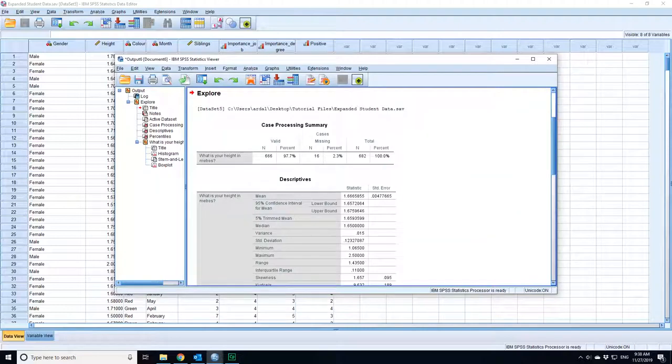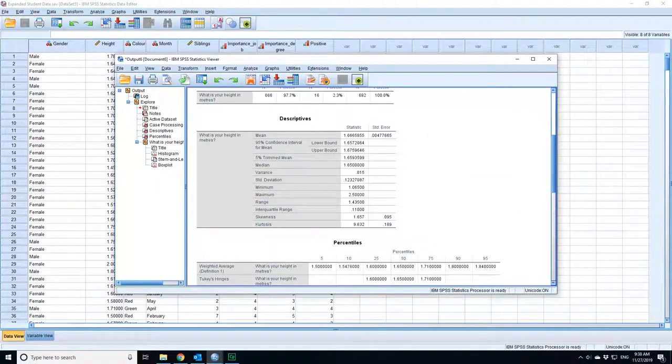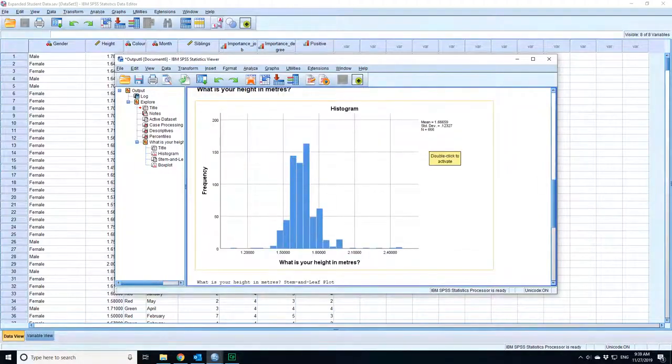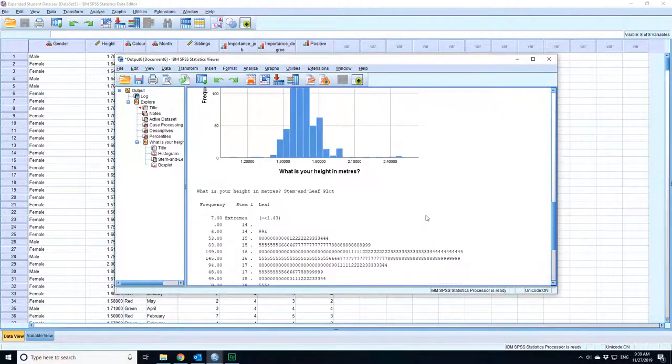So the key thing about this is you get a complete summary of your data. So you have the mean, you have its confidence intervals, you have its trimmed mean, the median, the variance, the standard deviation, the minimum, the maximum, the range, the interquartile range, the skewness, and the kurtosis, and also the standard error. I clicked on for percentiles, so here is the first quartile, the 25th percentile, here's the third quartile, which is the 75th percentile. The heights are roughly normally distributed, but there are some clear things which suggest outliers. There are some odd values, particularly large and particularly small values,